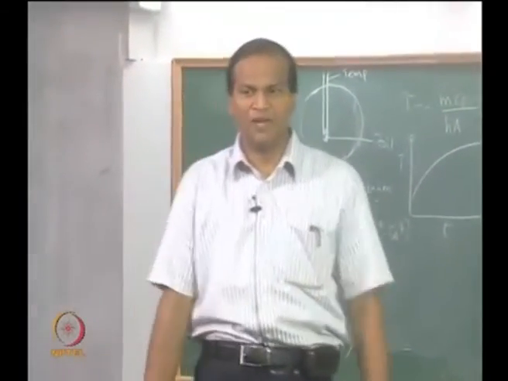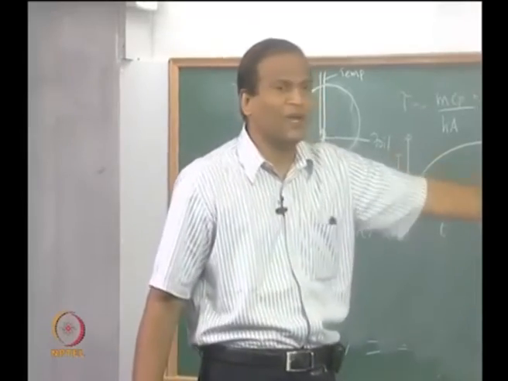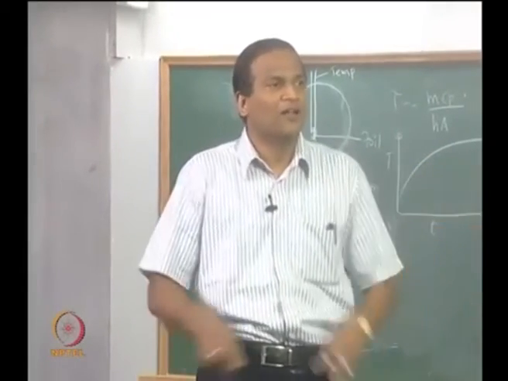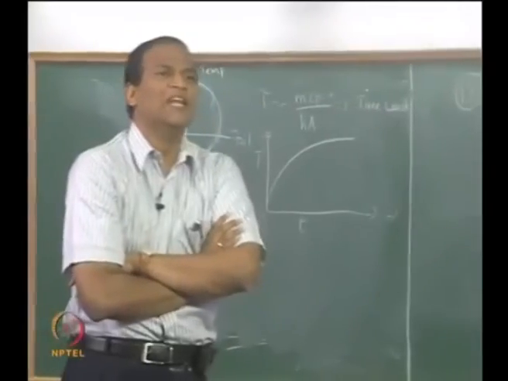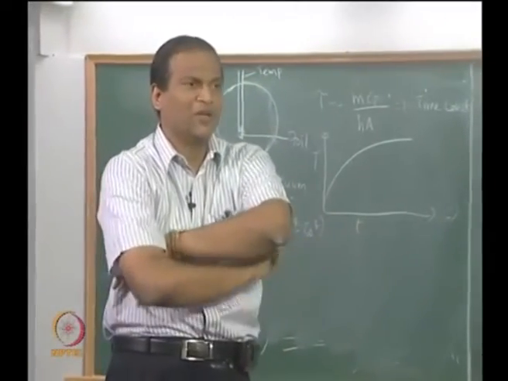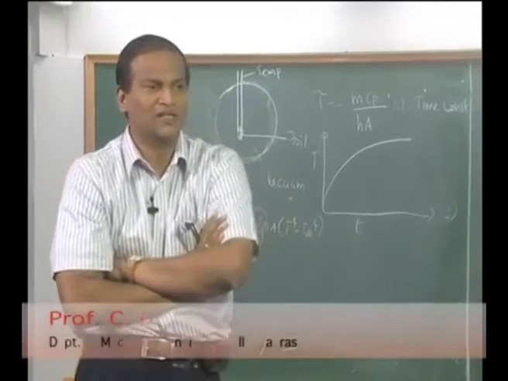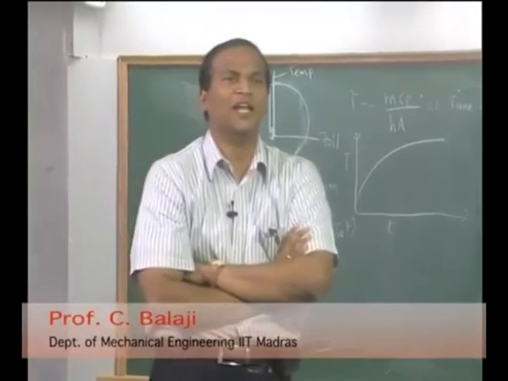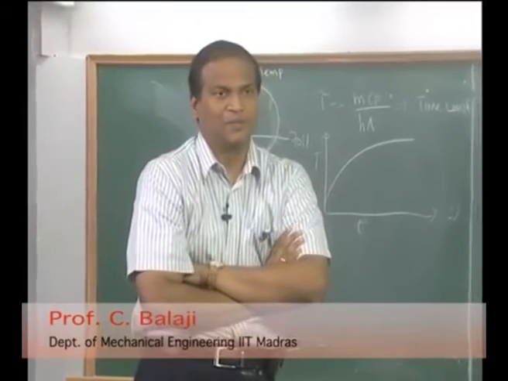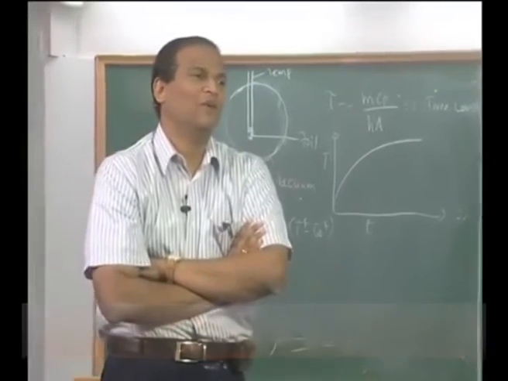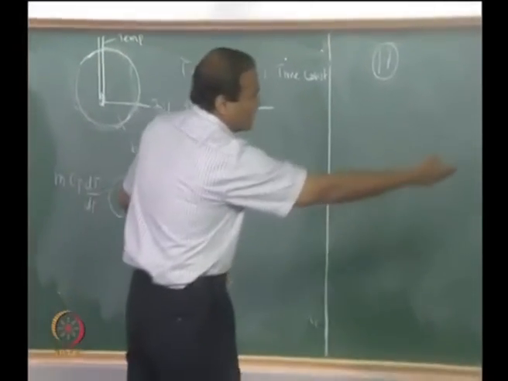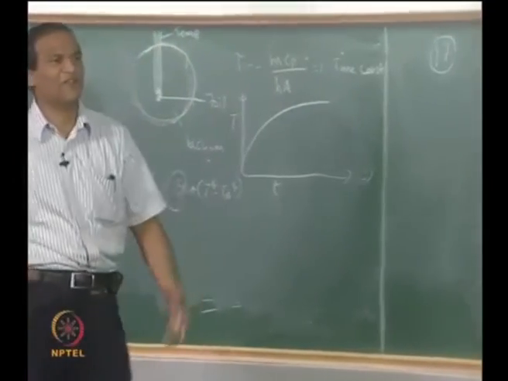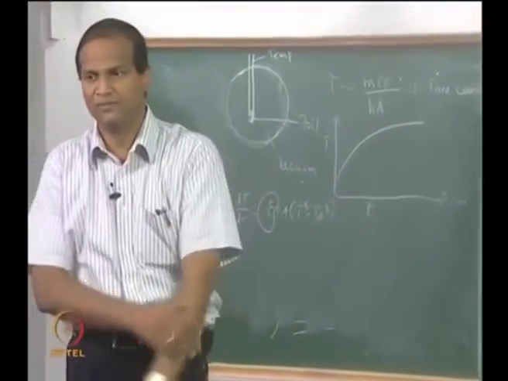I will give you some data, but since it is e to the power of minus t by tau, you have to take ln, just like today you did ln of re, ln of ru. We will do that and complete this, and then we will go to multiple linear regression, where I will show it on Microsoft Excel because it will take a long time to do in the class. Then we will round off our discussion by taking a very realistic and very powerful case of nonlinear regression where, for example, theta I and tau or epsilon vary with iterations, which is going to be a lot more difficult.